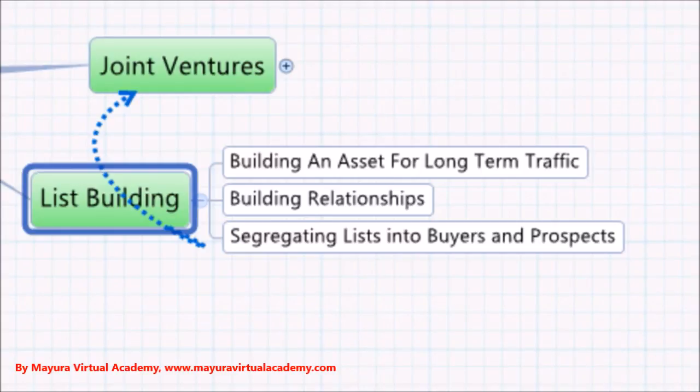As a result of doing all of that, you get this asset that builds up, which is also based on relationships, because while you're building the asset, you're also building a relationship with the people on that list, the people who are that asset. If you have a list of, let's say, 10,000 people, all of whom you have a connection with because you provided them with great information, and because occasionally you've sent them offers for some really great deals, they will appreciate that, and they will feel almost indebted to you. It's a principle called reciprocity, which Robert Cialdini has spoken about in a couple of different books, including the book Influence.